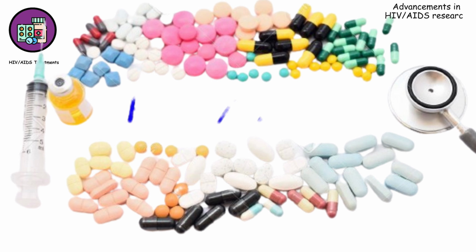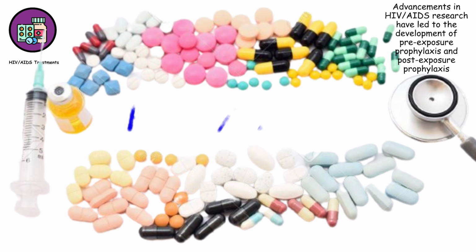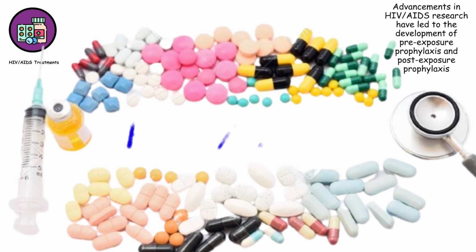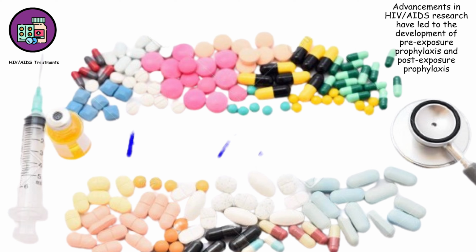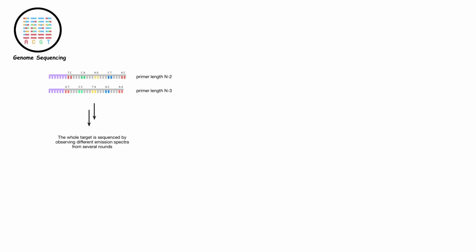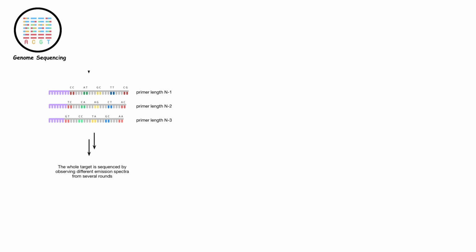Additionally, advancements in HIV/AIDS research have led to the development of pre-exposure prophylaxis and post-exposure prophylaxis, further contributing to HIV prevention efforts. Genome sequencing. The completion of the Human Genome Project in 2003 marked a major milestone in genetics and